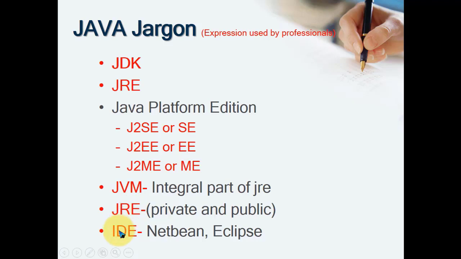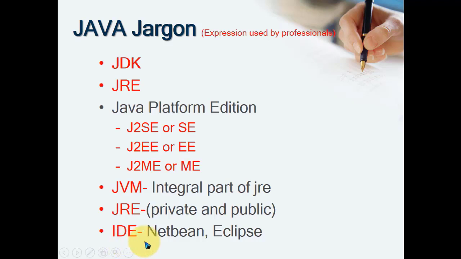Now IDE, that's an Integrated Development Environment. To develop an application, we need a good IDE, right? That is your editor. Good IDE. What is the difference between an editor and an IDE? An Integrated Development Environment gives you so many facilities to develop and test your applications with good intelligence support, color combinations, keyword support, everything. And an editor gives you only color combinations, like Notepad++ and Sublime Text, these are the editors.